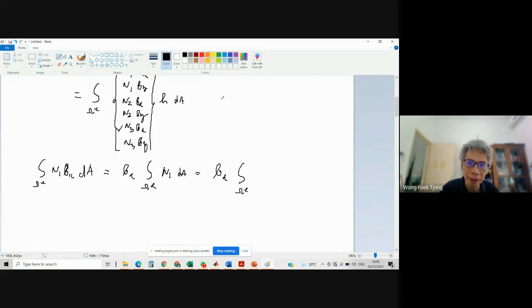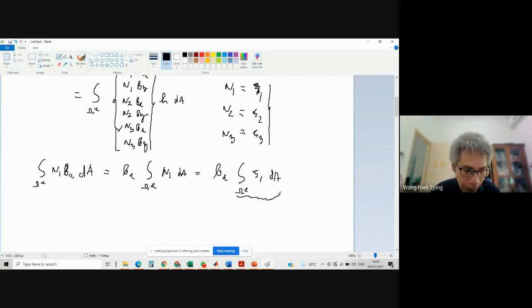And you know, last week when we discussed area coordinates, the shape functions N1, N2, N3 expressed in terms of the area coordinates are very easy to remember because they are identical to the area coordinates C1, C2, C3, right? Do you remember this? Okay. Last week we discussed that if we express the shape functions using area coordinates, then it's very simple. So it becomes C1 dA. The question is how to integrate this one.